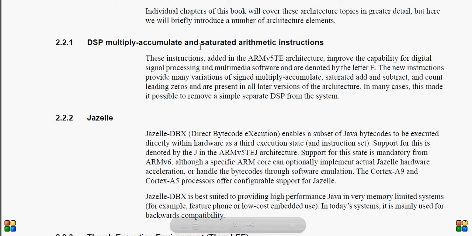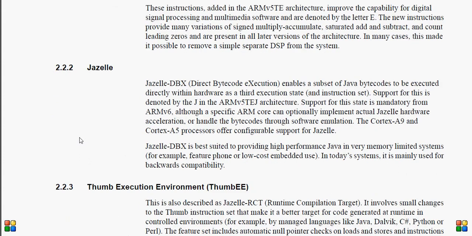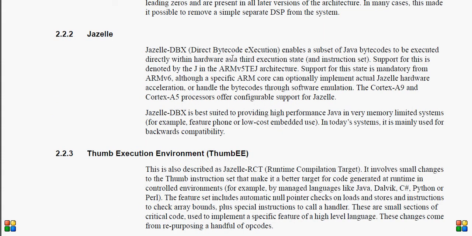DSP multiply, accumulate and saturated arithmetic instructions were added in ARM version 5TE architecture to improve the capability for digital signal processing and multimedia software. Jazelle DBX, direct bytecode execution, enables a subset of Java bytecodes to be executed directly within hardware as a third execution state. This was added in version V6.